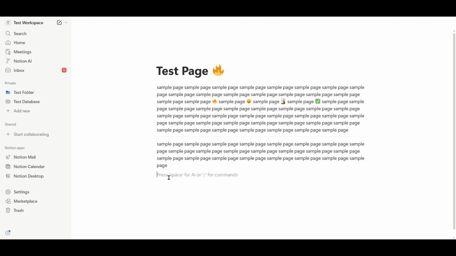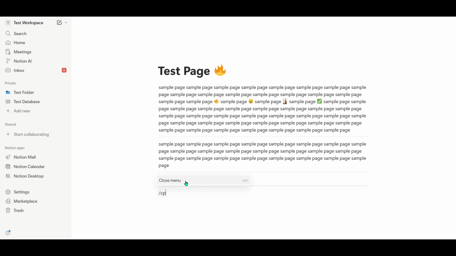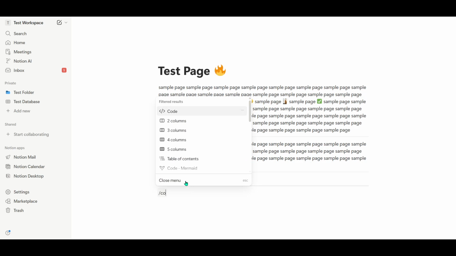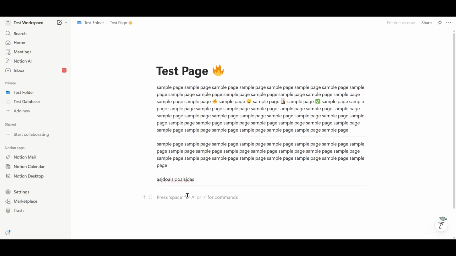With your cursor on that blank line, press the minus key on your keyboard 3 times in a row. That's the hyphen key. Type them consecutively with no spaces before or after. As soon as you do, Notion automatically converts those 3 hyphens into a solid divider line. You'll see a neat horizontal rule stretch across the text area, clearly separating the content above from what comes next. If it doesn't convert right away, double-check that you're on a fresh line and that you typed exactly 3 hyphens